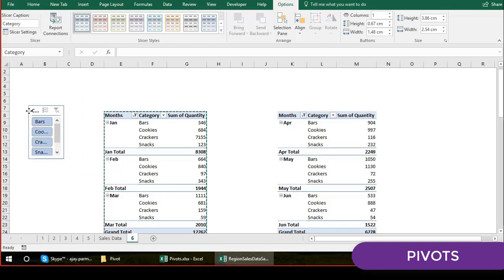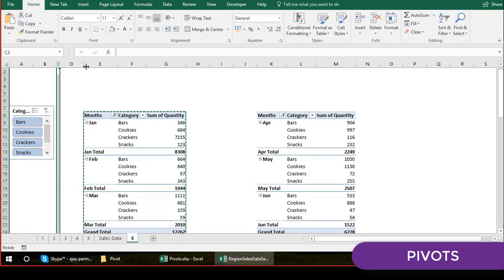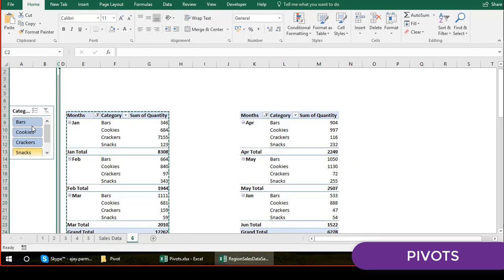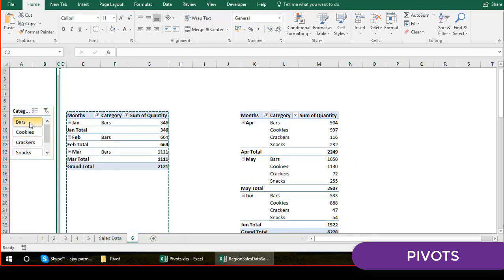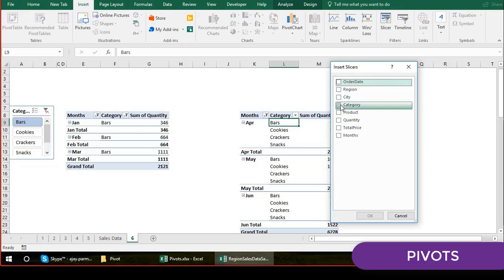Okay, so I keep this one here. You have to adjust this, put them in the proper order. They should look beautiful also, right? So you can move the pivot to the left side and you can put this option just to the very left side of it. So like this I'm talking about, whatever way suits you. So the moment I click on the bars, you see I have the bar. Similarly, click here and let's create the slicer for this category.